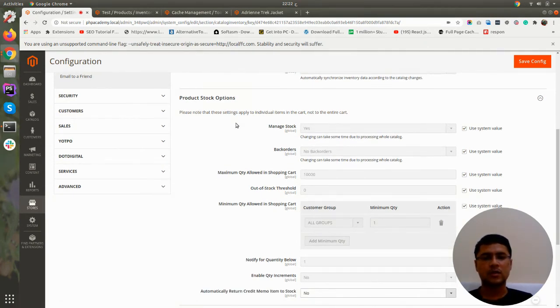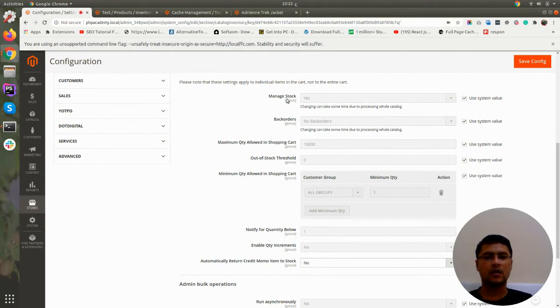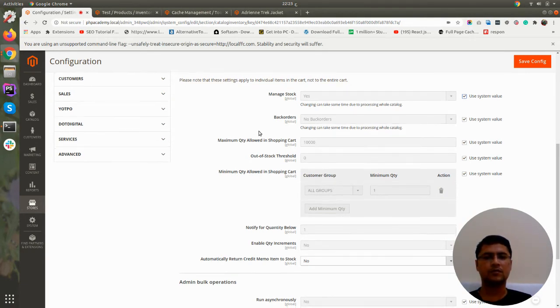Then product stock options. Here you can set manage stock yes or no. If you set no, you don't have to worry about quantity. But if you set yes, you need to have quantity for the products. If the quantity is less than the threshold, it will be out of stock.